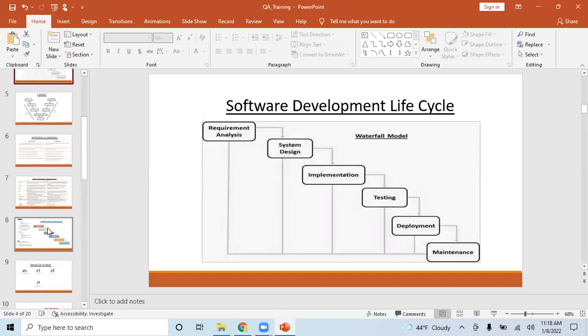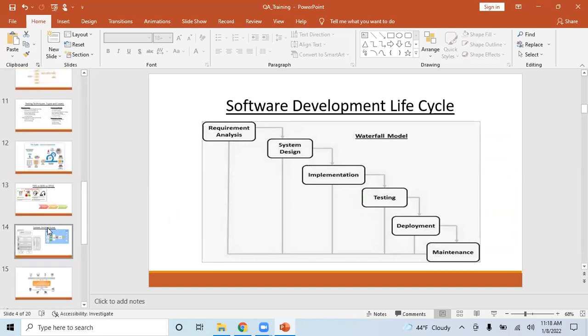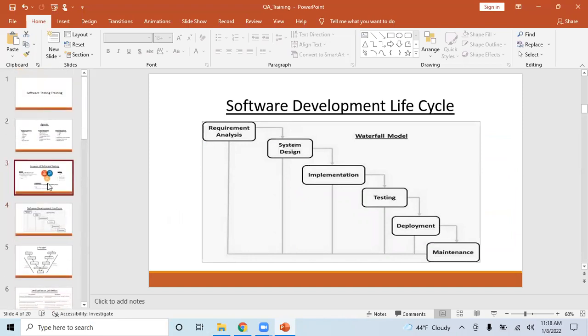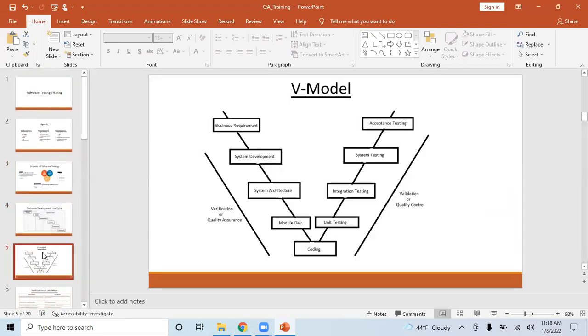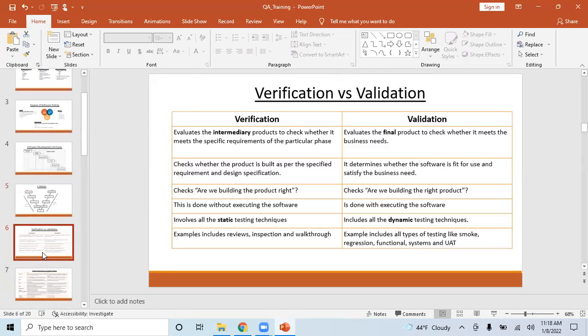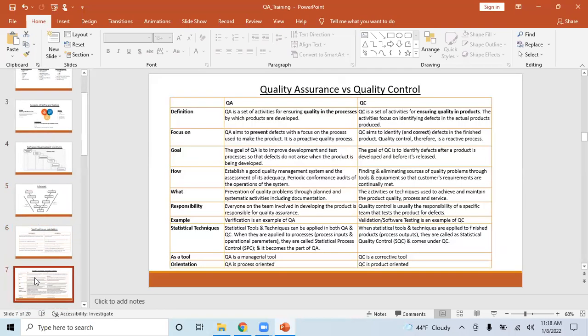But what I would suggest is that whatever these 20 slides you have are more relevant for your day-to-day activities, clearing an interview, and even to an extent going for an ISTQB certification, right? So this is very important. Over it, you feel free to gather more information from any other sources. But this is the very basic and must-have. Thank you.